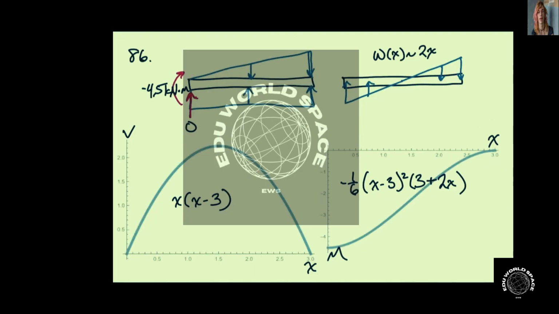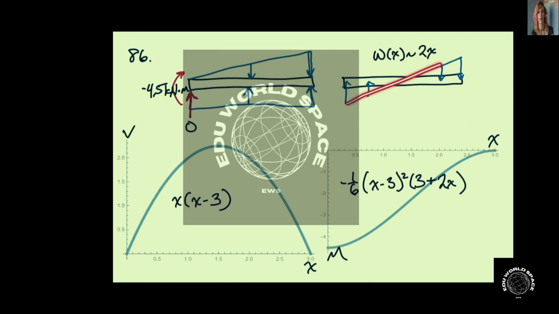In this problem, we have a beam that they've drawn to have two distributed loads on it. One is linearly varying in the negative y direction, and one is positive and uniform in the y direction. We can actually combine these two because they just sum up, and what we get is